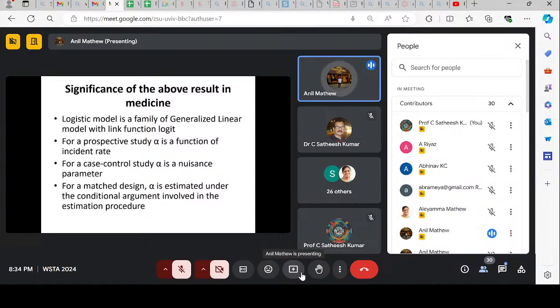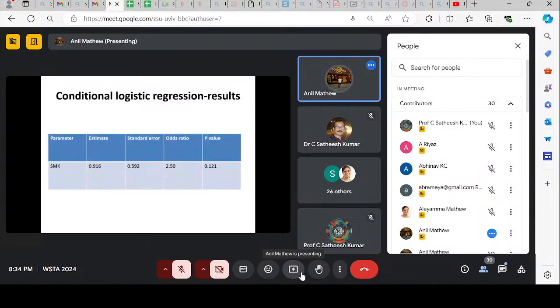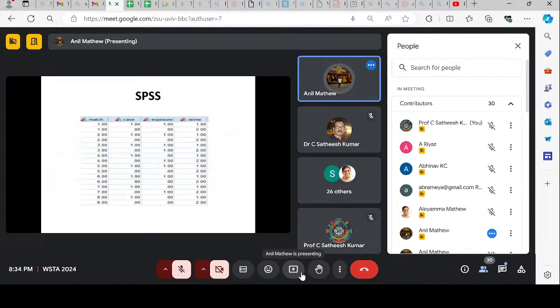So for a matched design, alpha is estimated under a conditional argument involved in the estimation of parameters. At the end, if you do this conditional logistic regression analysis, the result I get in this finding is smoking equal to 2.50 as the odds ratio. And how to do this in SPSS, I